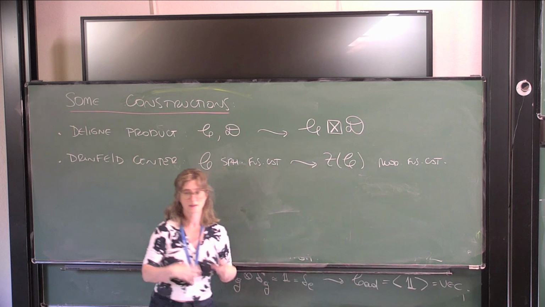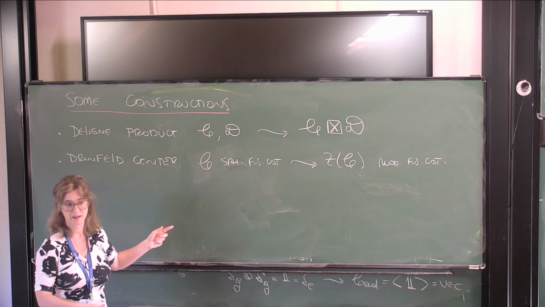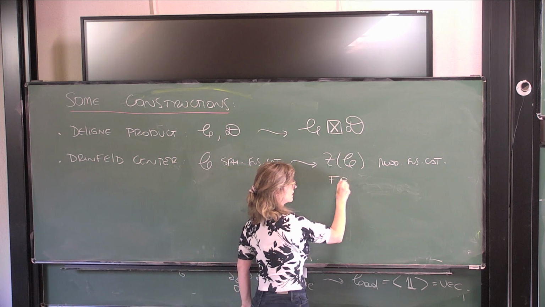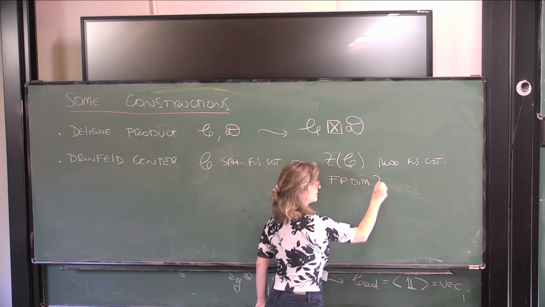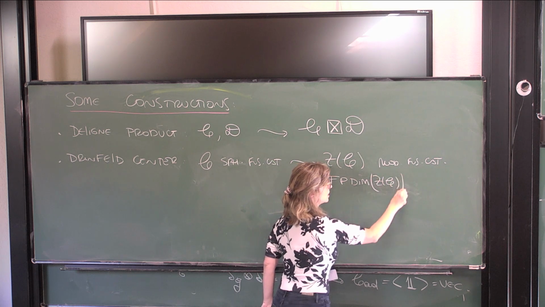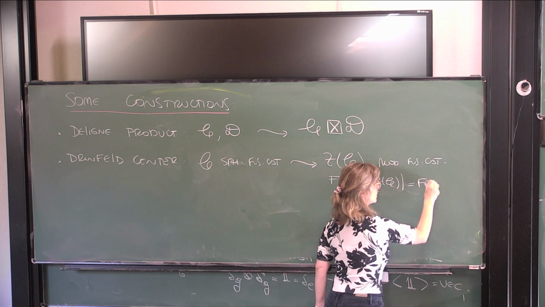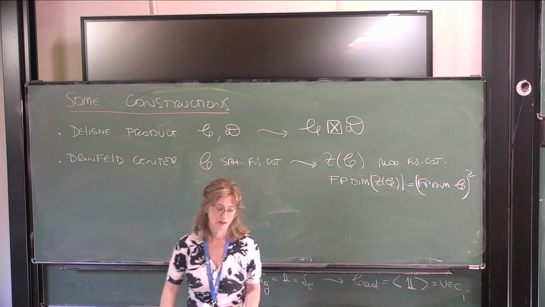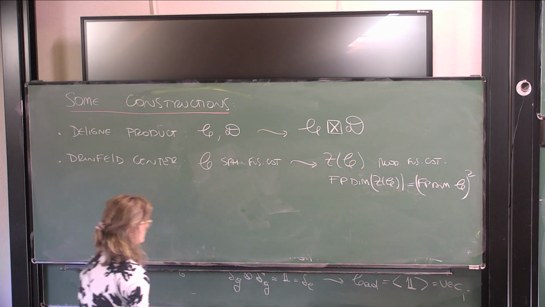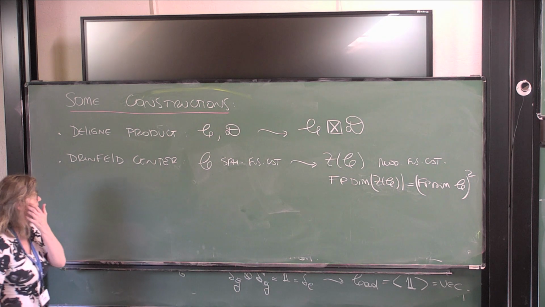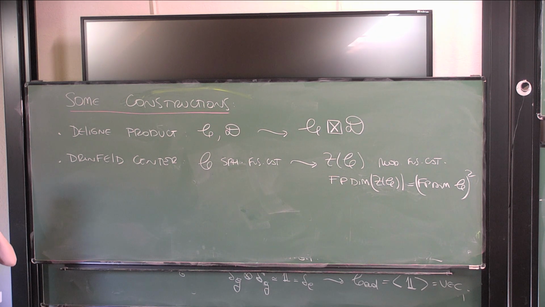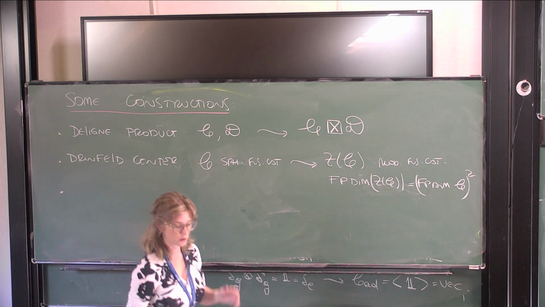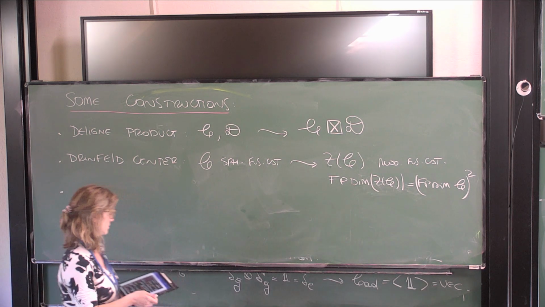And you can equip this with a tensor product and all this using the original structure. So that's the Drinfeld center. Something nice, for example, I told you that the rank goes crazy. We don't have a bound, but we know the dimension. The dimension is the square of the dimension of the other category. And it's a very useful construction because it gives you a modular fusion category. In principle, I will not say much more about the Drinfeld center, but it's useful.